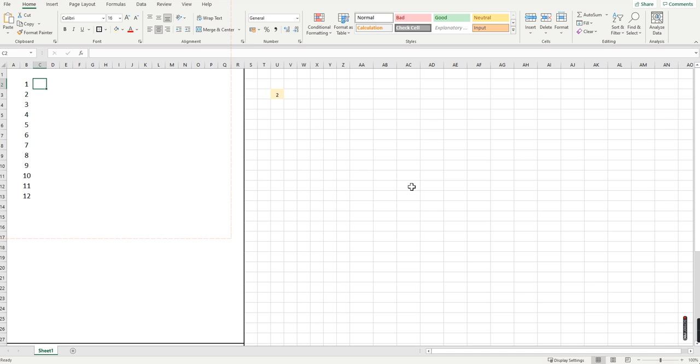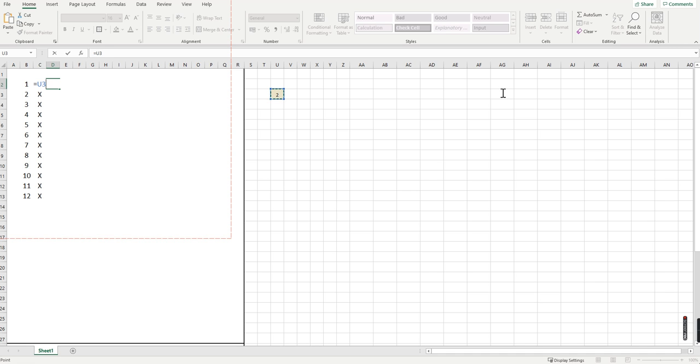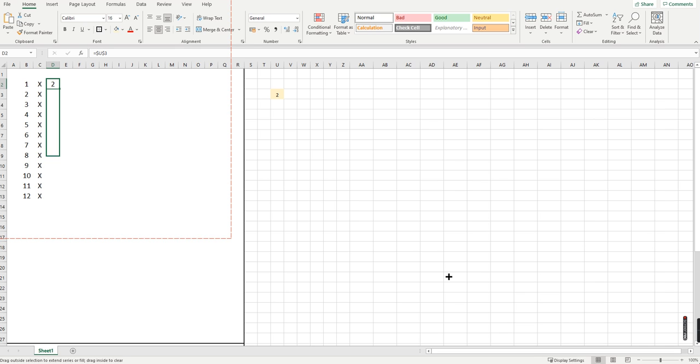So next to the 1, we want a times. So if you do a capital X in there, then highlight that cell, bottom right corner, drag it down, and then here we want equals, and then this cell. So if it's equals, then click on that cell. You'll see that U3 comes up, and then click F4, and that will put a dollar sign in front of the column and a dollar sign in front of the 3, which means when we drag it down, it'll stay on that cell. So we'll get the 2, click on the bottom right corner, drag it down,